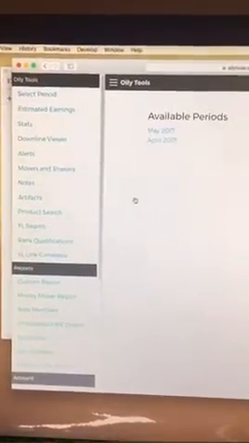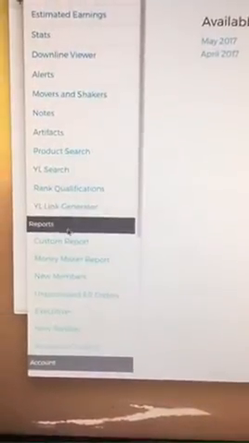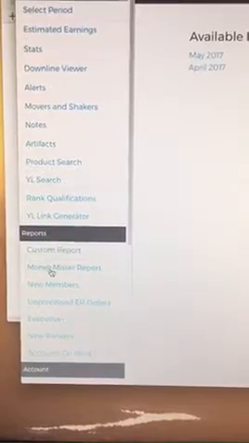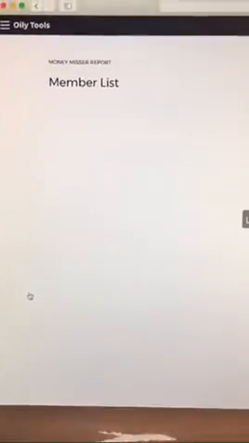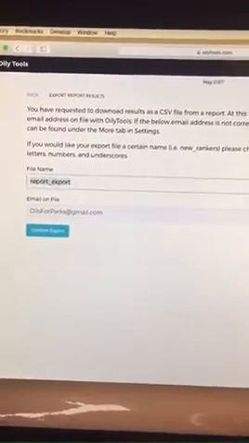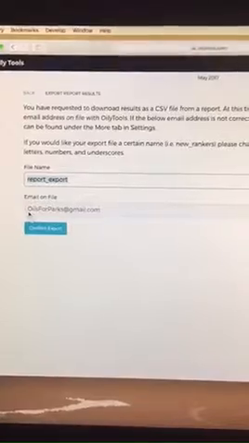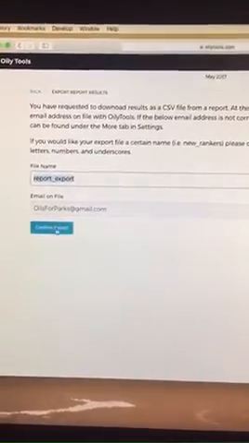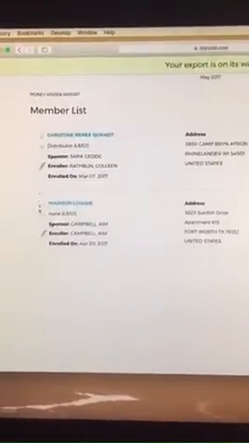So we'll look over here, and this has got the Oily Tools app pulled up on the computer. And what you're going to do is go over here to Reports, and we'll just pick something, say Current Money Missers, and it'll generate a list. And you'll look over here to this export. So click export, and it lets you export that report, and you can rename it to whatever you want to call it. It's going to send it to the email address that you've got on file, and you'll export it. That's that. Go to your email, and then